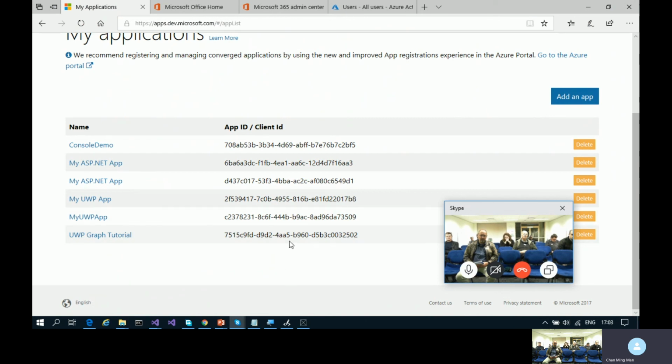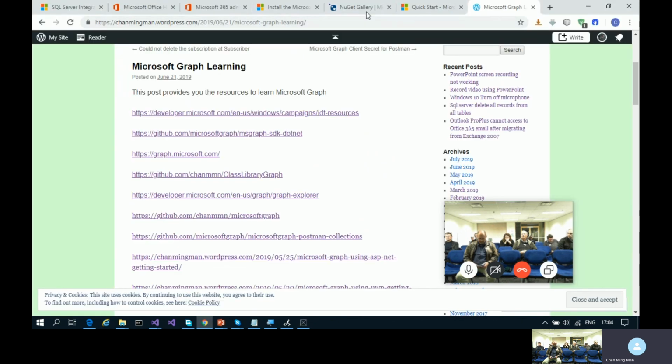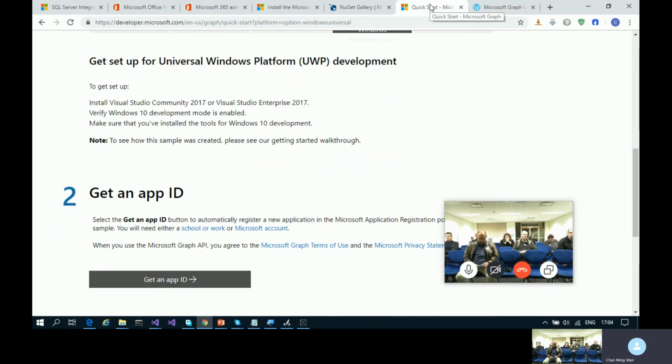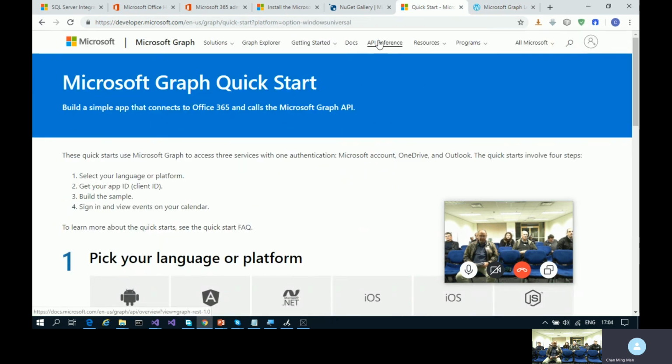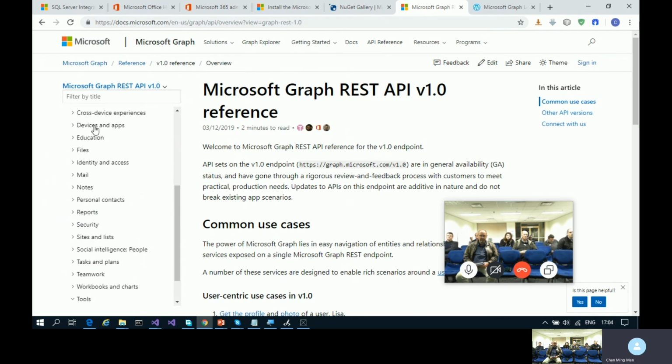So you need to generate the ID here, right? So the code is actually there. If you want to have another code, the rest of the code to do other things, you can go back to the doc here to see what you have. These are all there. If you want to get the mail, then you can actually come to the